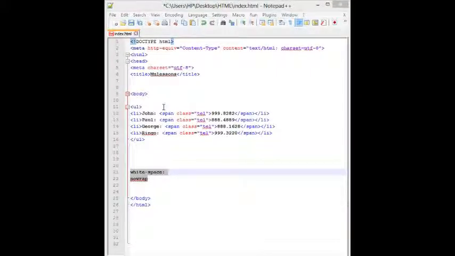In the previous examples, we saw the ID and class attributes used to provide context to generic div and span elements. ID and class have different purposes, however, and it's important to know the difference between them. So ID stands for identification. The ID attribute is used to assign a unique identifier to an element in the document. In other words, the value of ID must be used only once in the document. This makes it useful for assigning a name to a particular element as though it were a piece of data.